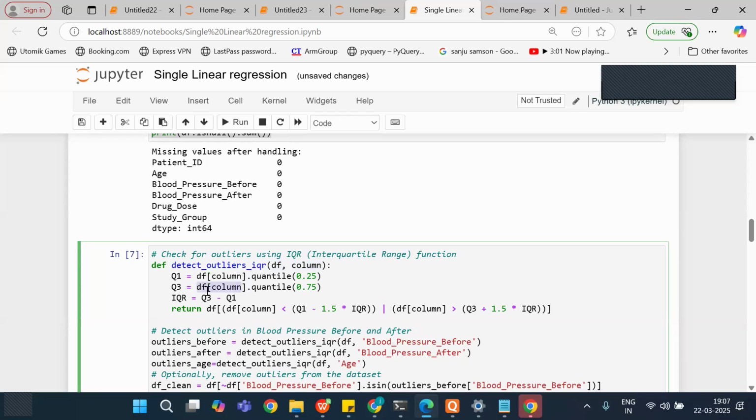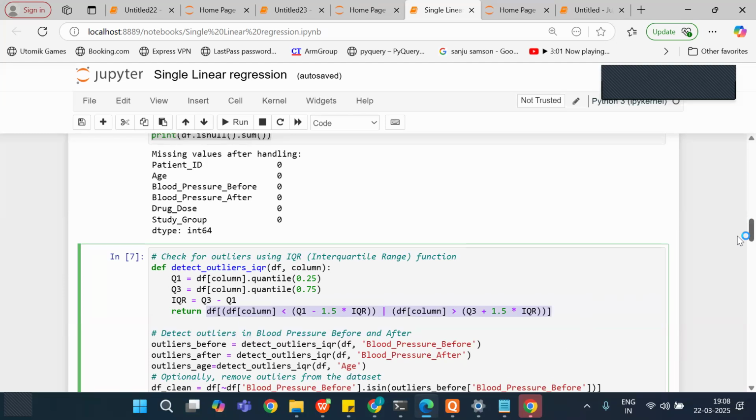For the age column, it will calculate quantile 1 and quantile 3, then calculate the interquartile range, replacing column with age each time. With this it will detect the outlier rows in the